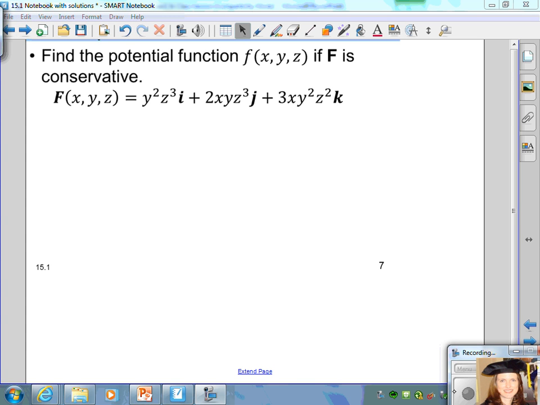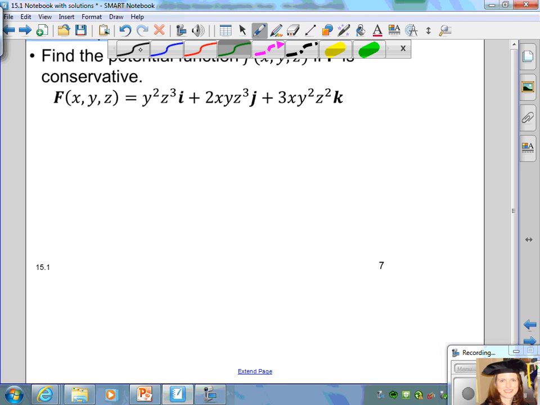In this example for section 15.1, we want to find the potential function f of x, y, z if F, that vector field, is conservative. To test if it's conservative, we calculate the curl. And I calculate the curl by setting up a matrix. And the curl is going to be a vector, so we want to use that notation there. We set up the vector,